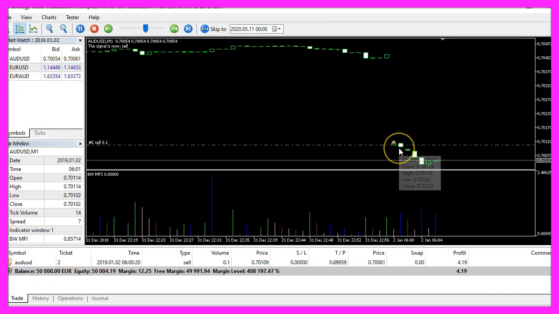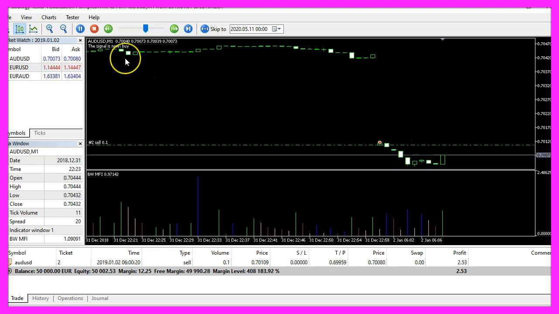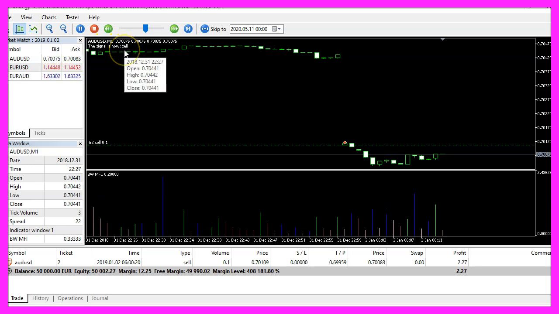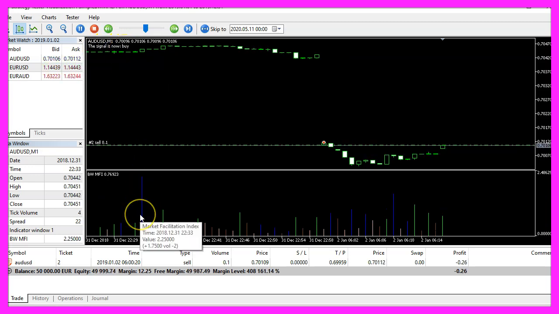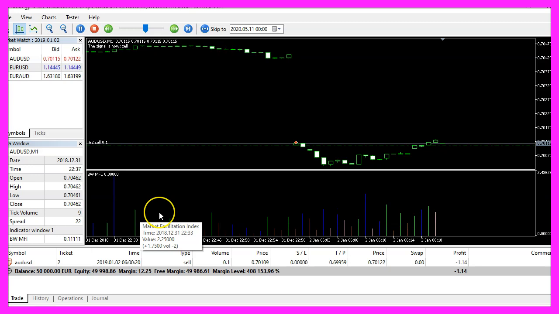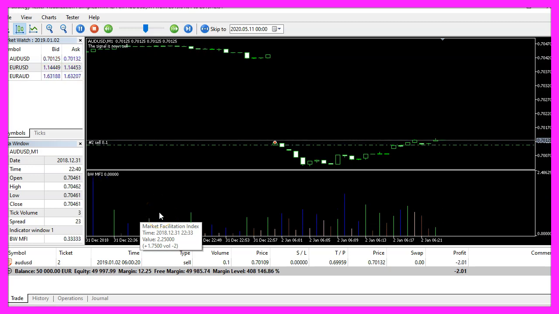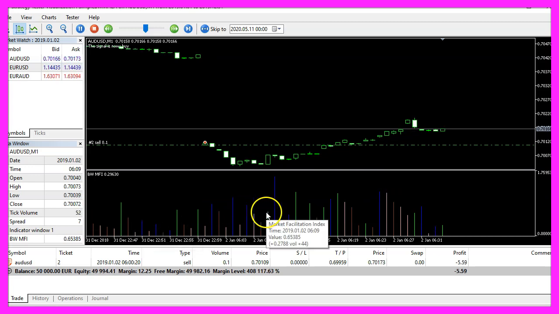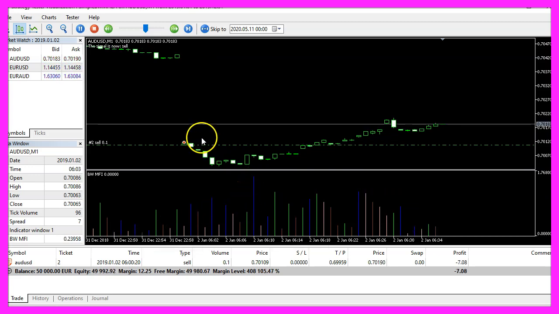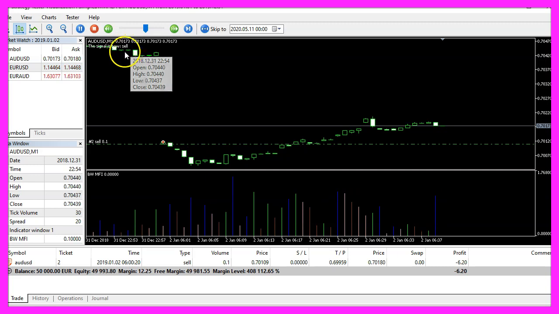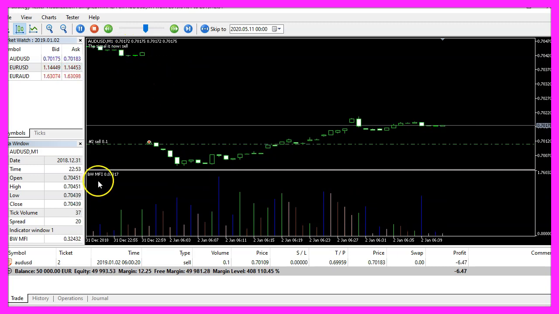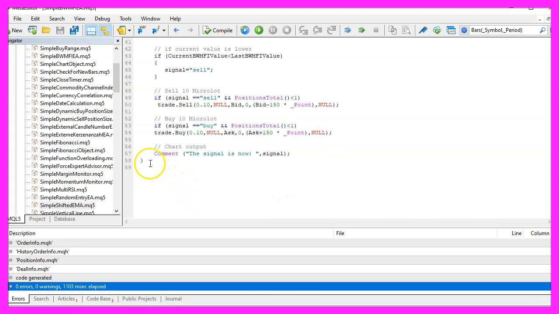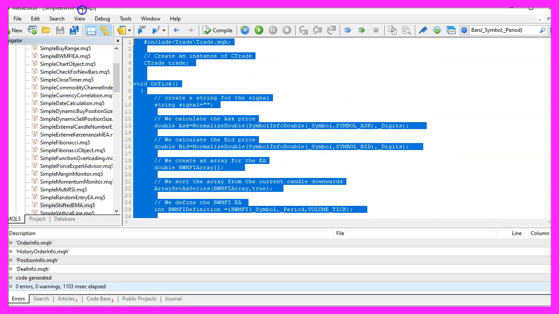And here we see our first trade. The Expert Advisor is producing buy and sell signals. Well, usually you would use an oscillator in combination with a trend indicator, but in this little video you have learned how to create an Expert Advisor that is able to calculate buy and sell signals for the BWMFI oscillator, and you have coded it yourself with a few lines of MQL5 code.